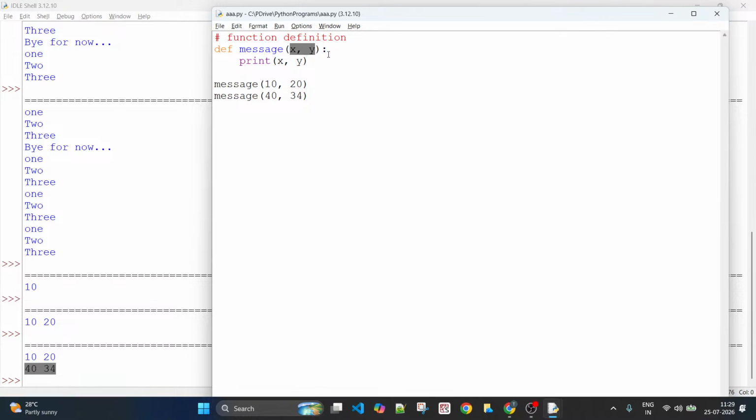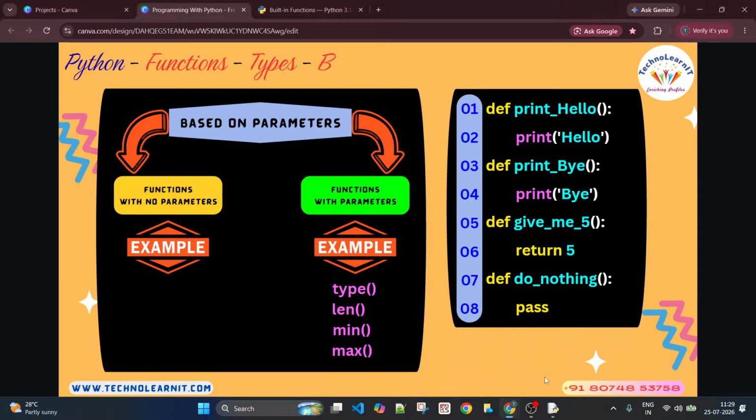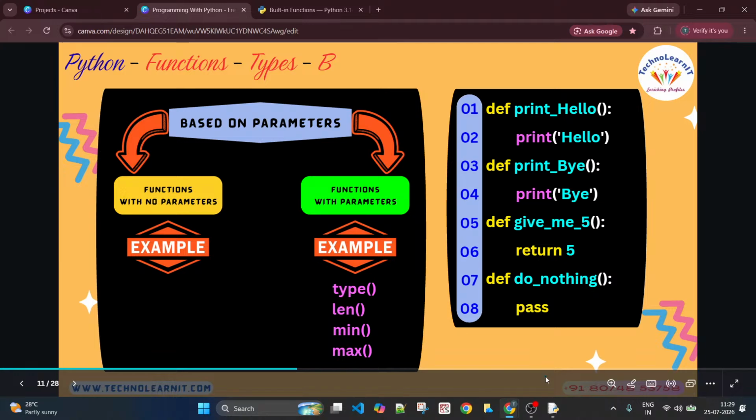And sometimes a function doesn't take any argument, right? In such cases, we just call that function without passing any arguments, right?